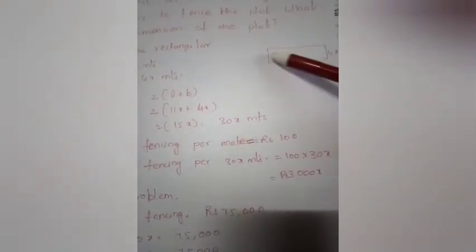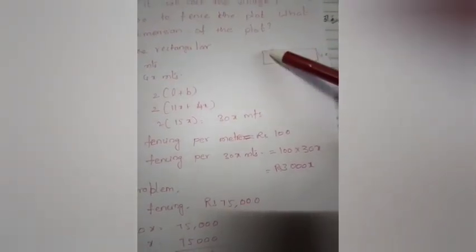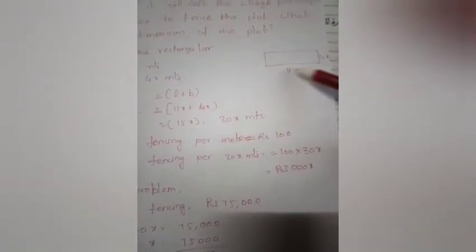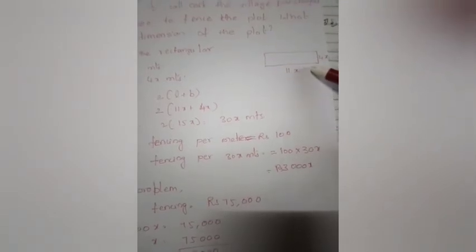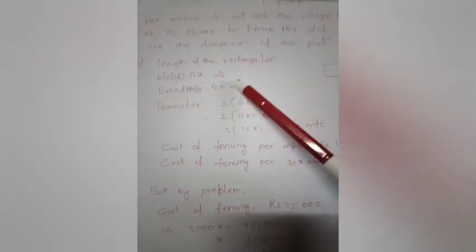They want to do fencing here. Fencing means outline, so you have to find the length of the outline. That is nothing but the perimeter of the rectangle. So you have to find the perimeter of the rectangle first. Length of the rectangular plot L is equal to 11x meters, breadth B is equal to 4x meters. What is the formula for perimeter? 2 into L plus B, that is 2 into 11x plus 4x. 11x plus 4x is 15x. 2 15s are 30x meters.